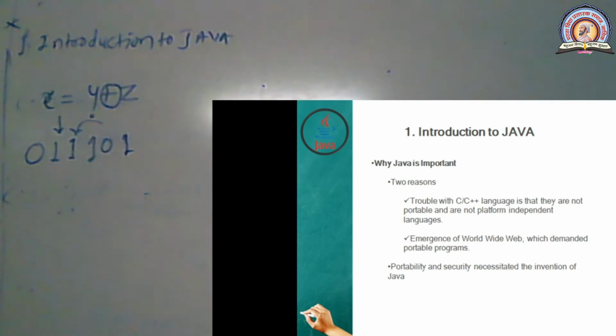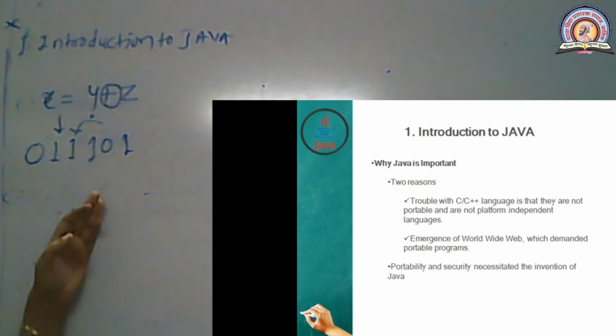But students, remember, in the previous year in electronics you have studied microprocessors. We have studied the different architectures of the processors. In that you have gone through that the instruction set changes from processor to processor.